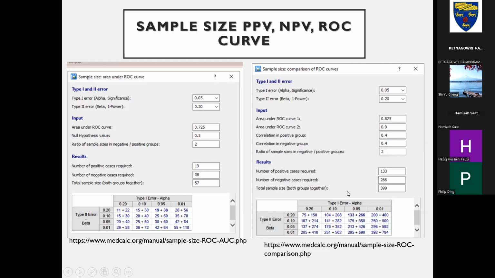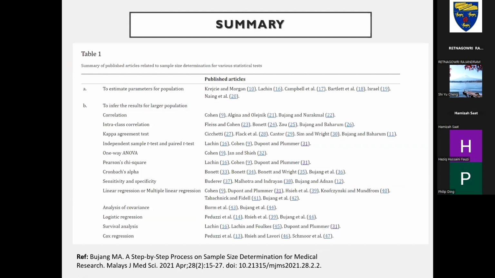Okay, this is for when any one of you are doing studies with ROC curve and diagnostic tests and so forth. And then this is a summary of other kinds of methods which you're using in other studies. Cronbach alpha is normally used when you are dealing with validity, like when you want to validate a questionnaire. So these are reference papers, but this is a starting point on knowing.